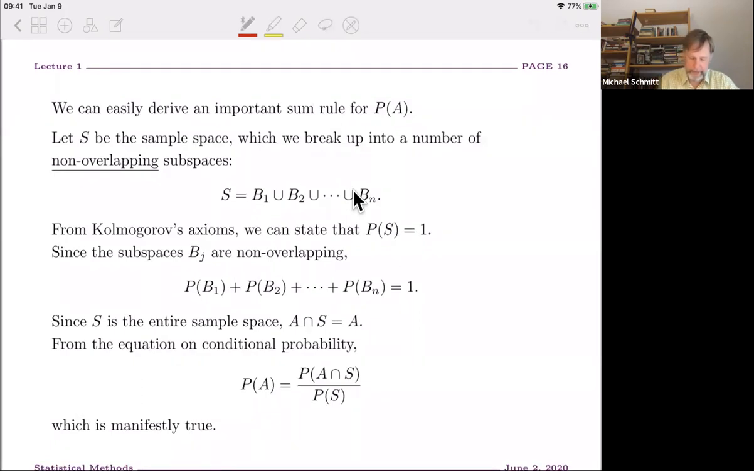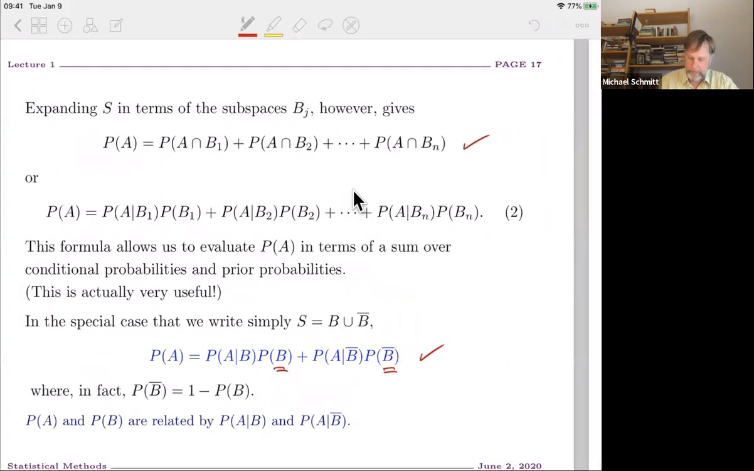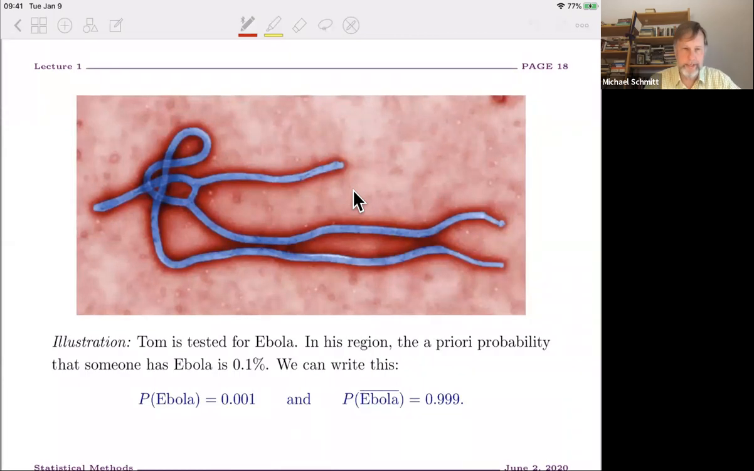Now, I'm going to skip this. It just says that you can break the sample space down into non-overlapping spaces here. And then it allows us to write a sum rule, ultimately, for the probability of A in terms of B and the complement of B. All right? But it's straightforward. So rather than getting lost in lots of set notation and so on, I'd like to give you a concrete example of